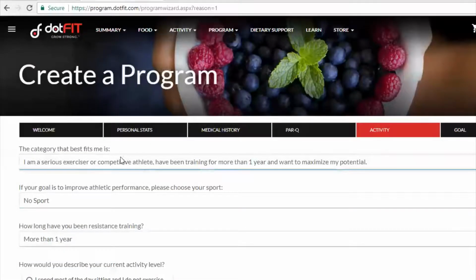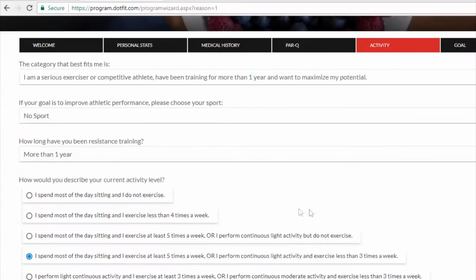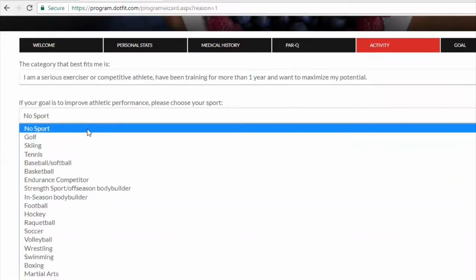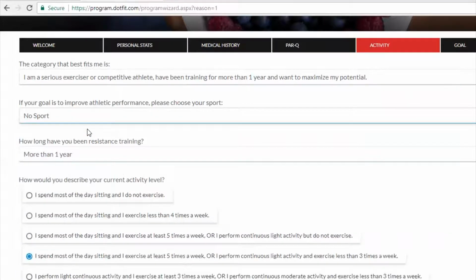And then we get into determining the amount of activity that you're doing. So for a serious exerciser, the sport is kind of irrelevant. It could be whatever you're training for, if it's skiing or football or whatever. And then how long you've been resistance training. This is more relevant up here if we're doing the online personal training, where we're designing your fitness program versus just talking about calories. And I'm going to expect that you're going to cover your fitness stuff on your own